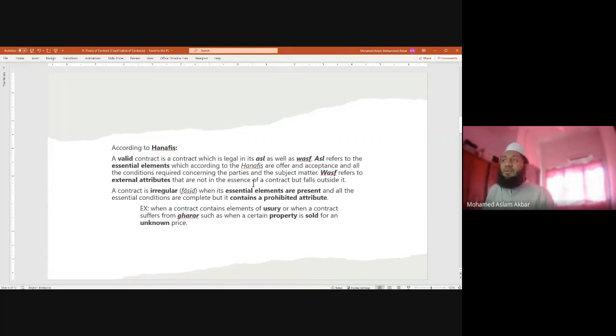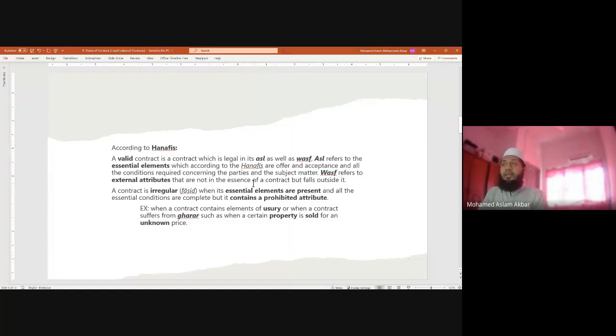So now, according to Hanafi, it is only 2, because they say it is offer and acceptance. The remaining all will follow. The first one is offer, the second one is acceptance, ijab and qabul. So now they say if anything is missing within this asl, then it is